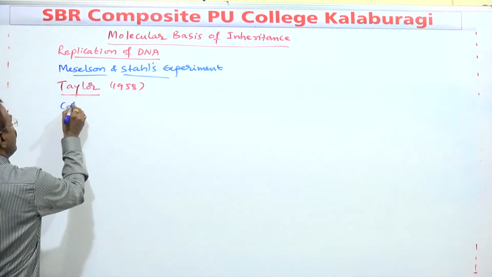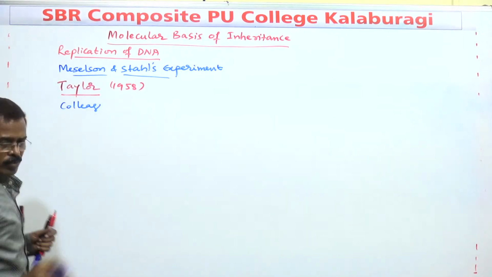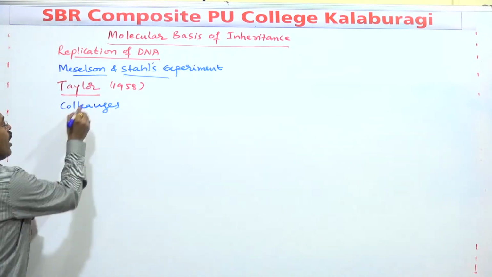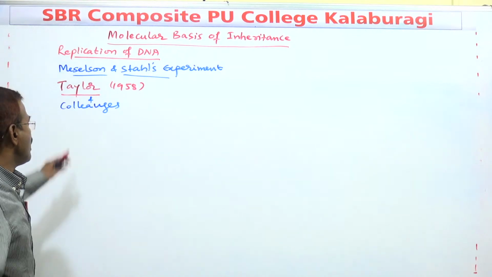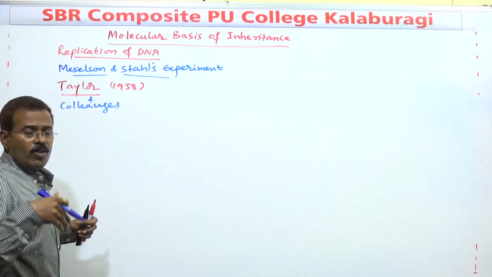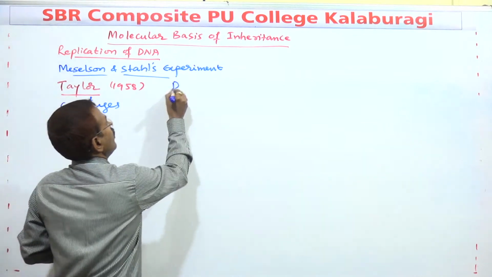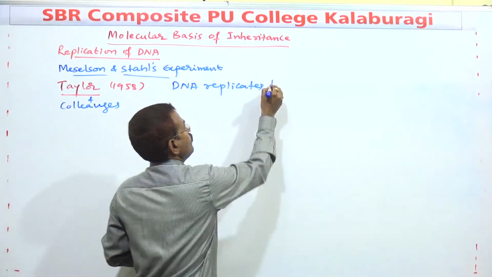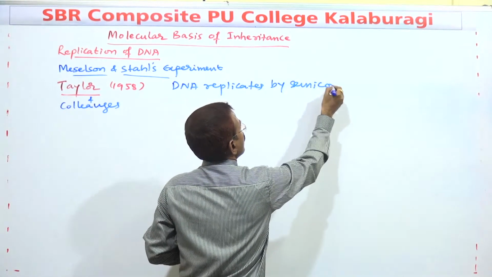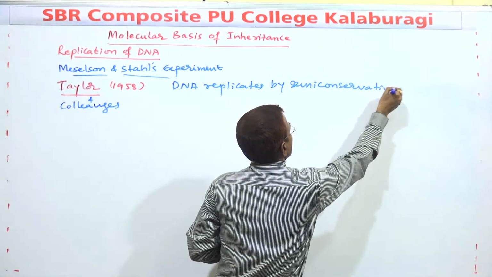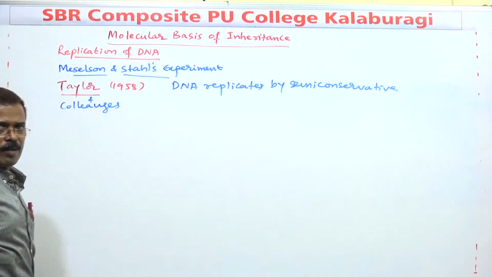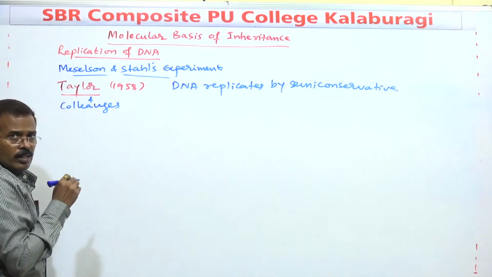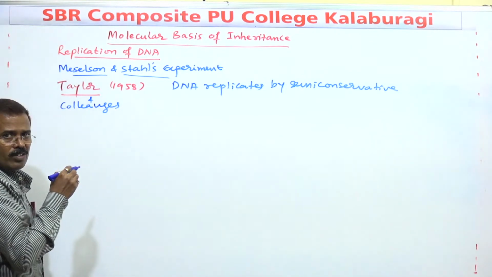Taylor and his colleagues in the year 1958. They gave evidence to support that DNA replicates by the semi-conservative method. So Taylor and colleagues confirmed semi-conservative replication of DNA